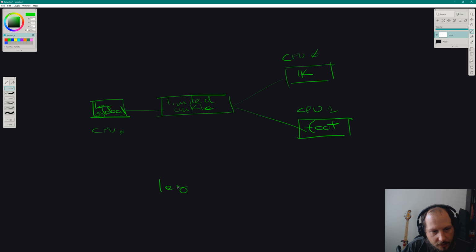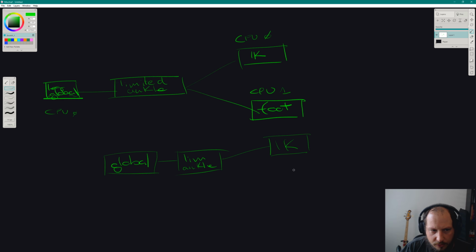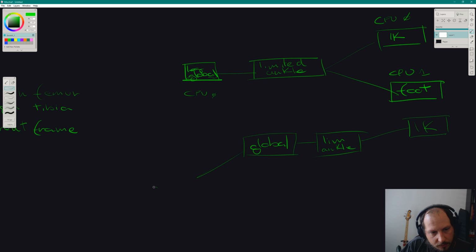It's more like, let's just call it global. We do have that global, and we do have that global doing the work for the limited ankle. And yes, that goes into the IK, but also the foot. If we're using parallel where there are no dirty tricks or anything like that, the foot will need to blend between IK and FK. Right now we're writing the FK on top of the IK, but eventually it will be parallel. Now that global